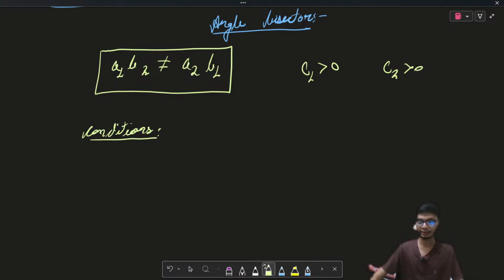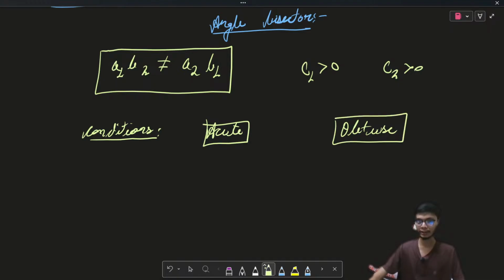Okay, so the condition that I will check decides which particular sign will give me the acute angle bisector, and which particular sign will give me the obtuse angle bisector, right? So based on this particular condition. Let us say the condition is, if I obtain a1 a2 plus b1 b2,